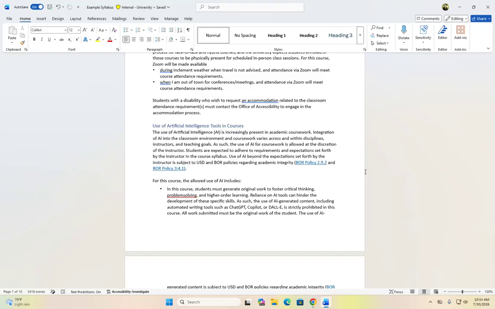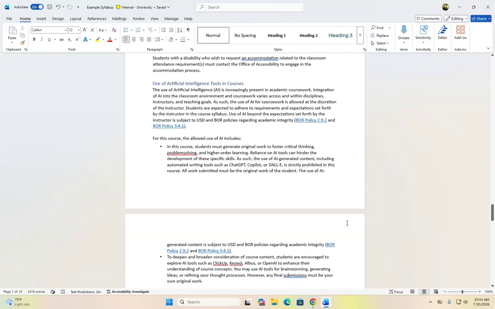They do not want AI. Other professors will have you use AI to come up with different things and kind of show you and use it for assignments. Other ones, like this syllabus, says that you can